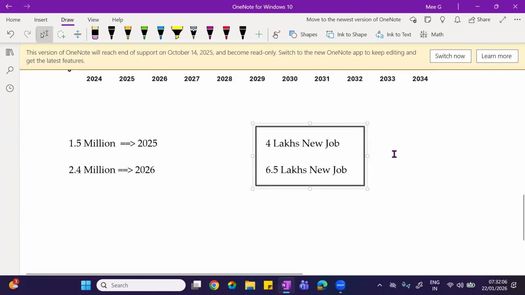How many of these jobs are being filled with qualified people? In 2025, only 60% of the jobs were filled. It's not that there is no manpower; there is manpower, but it lacks perfect knowledge of AI. Most of these jobs are in deep learning and generative AI.